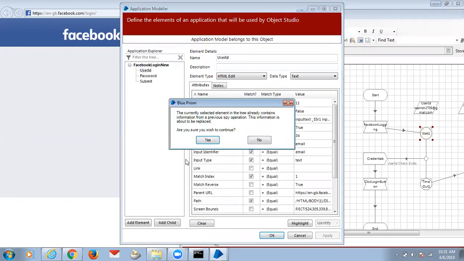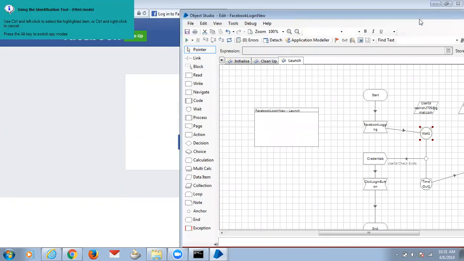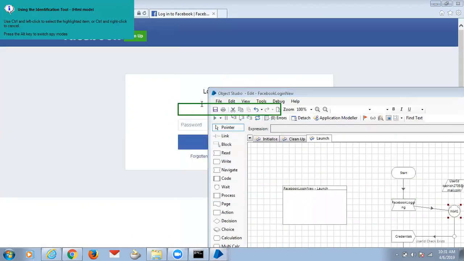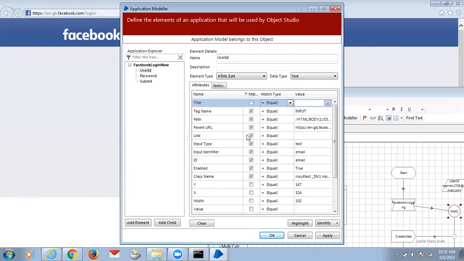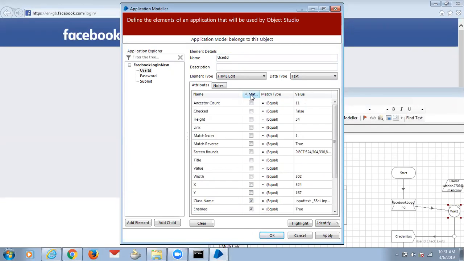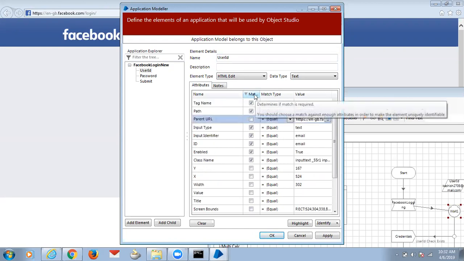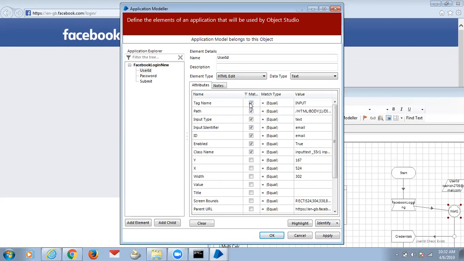I will restate the element again. So I'm unchecking the first one. Then the URL is tag name, type, ID, yes.